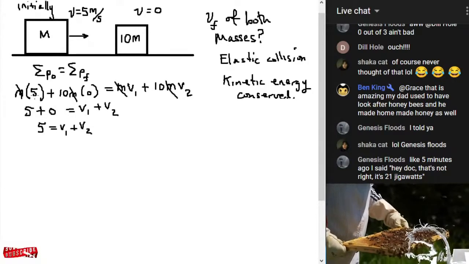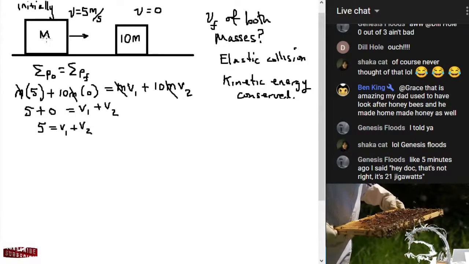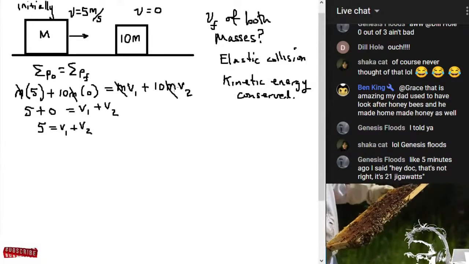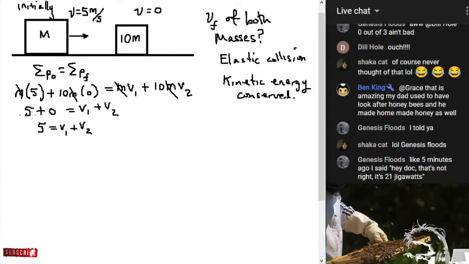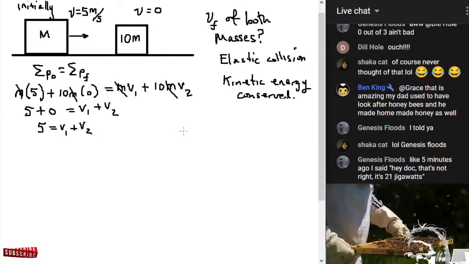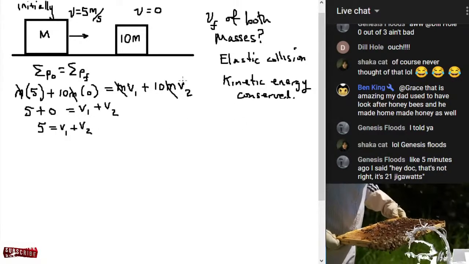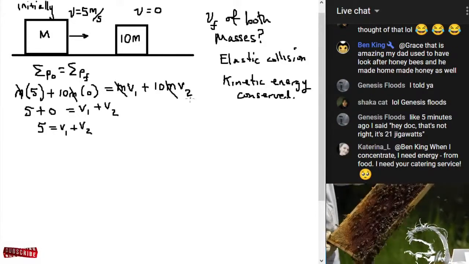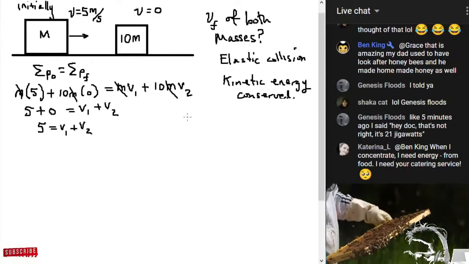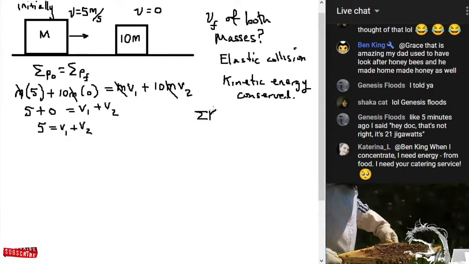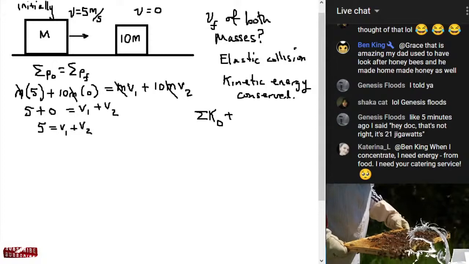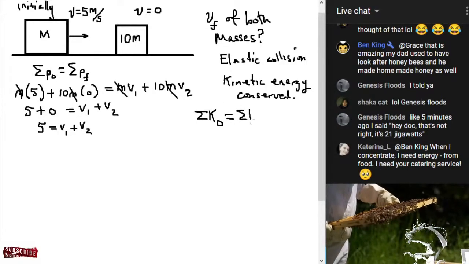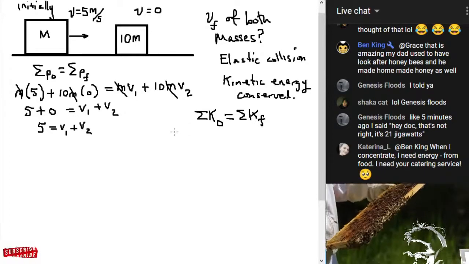Okay, mv, 5m, 10m times 0, m1 plus m2. Okay, so that's all good. Everything is good here. So kinetic initial, so sum of kinetic initial has to equal sum of kinetic final. So 1/2